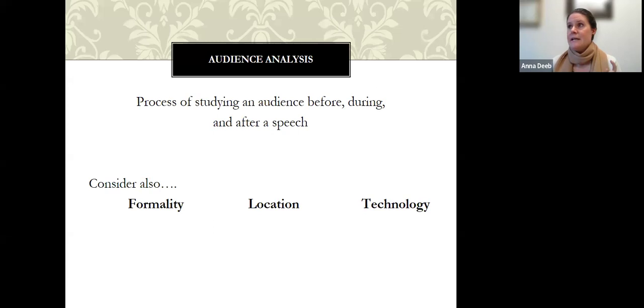We have no microphones, but we could get a microphone if we needed to, but our classroom's not big enough. But you might present in a place that requires a microphone. Are they automatically going to have that for you? Do you want a clicker to advance your slides, right? These are things you should think about ahead of time to make your presentation and your speech as effective as possible. And have a plan if your technology fails.